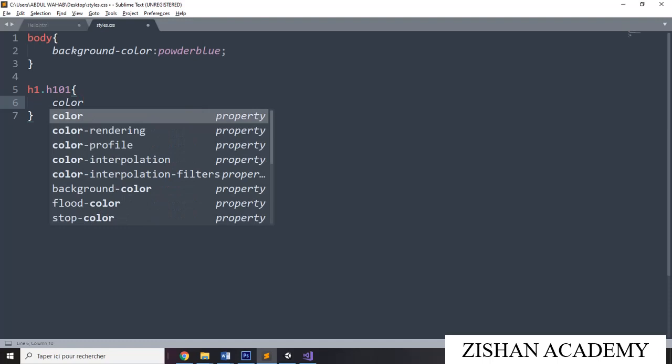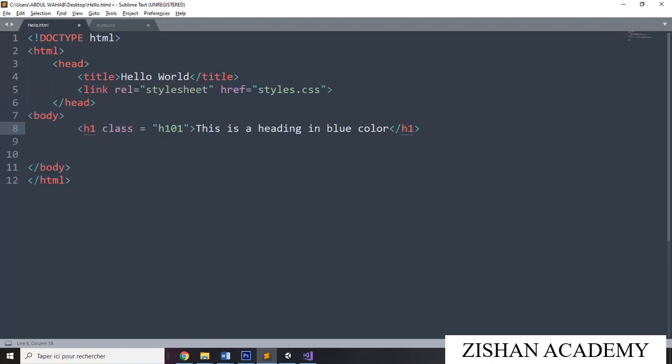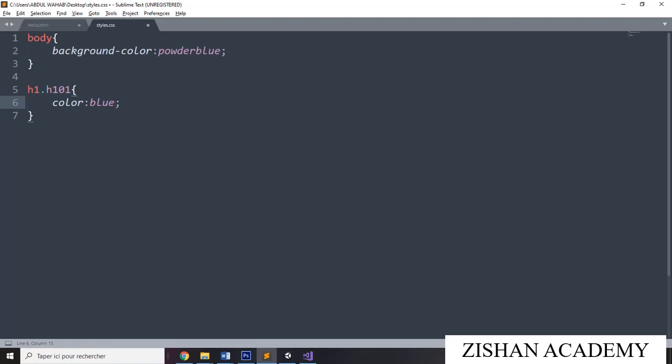I am giving here blue color as we have written there. This is a heading in blue color and we have given the color blue here. Now here you have to be careful. Here you have to give h1 dot. H1 is heading and this is the class name h101. Now save this file.